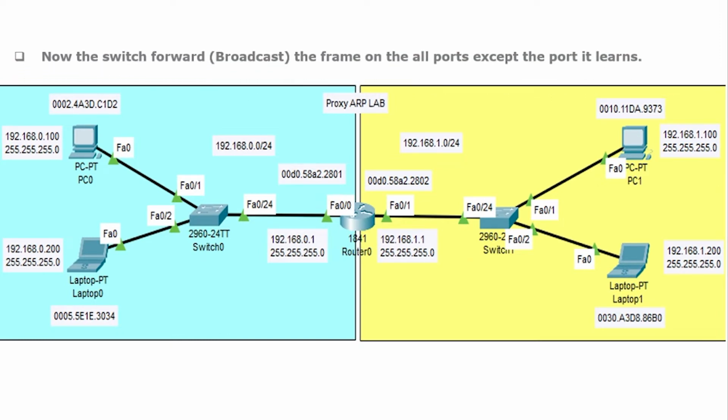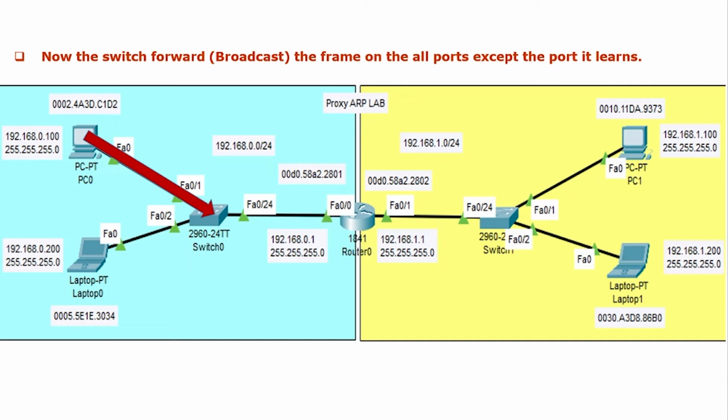Now the switch forwards the broadcast to all the ports except the port it learned from. This switch, a layer 2 device, will broadcast your frame because initially it doesn't know any MAC address.